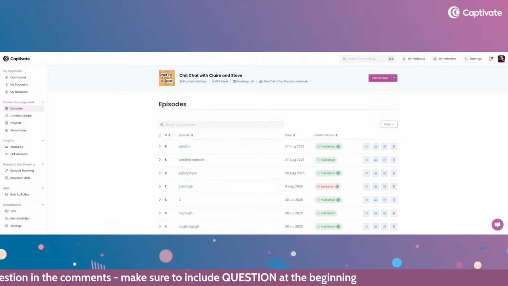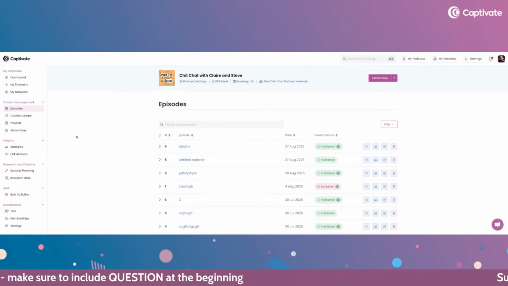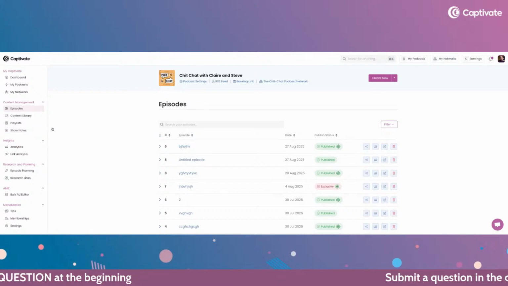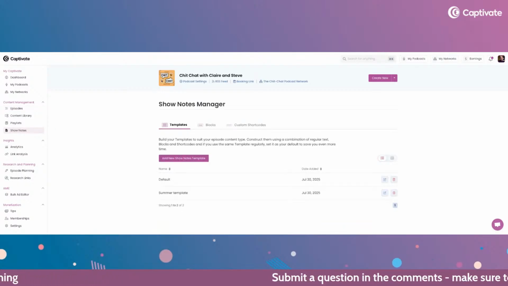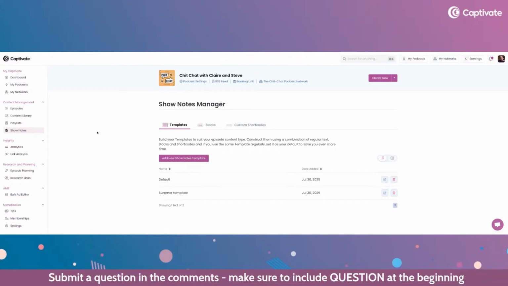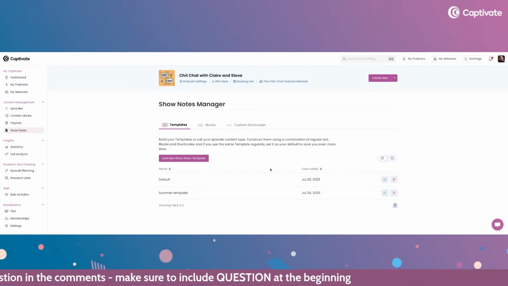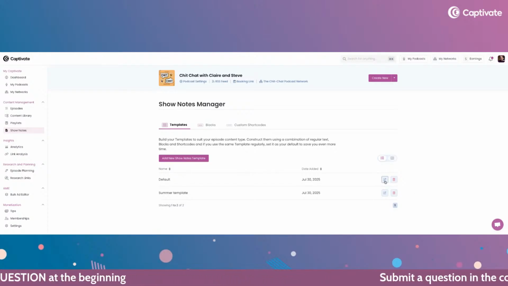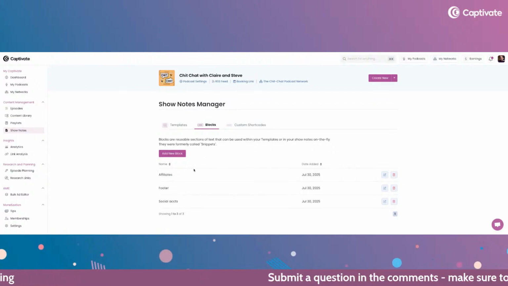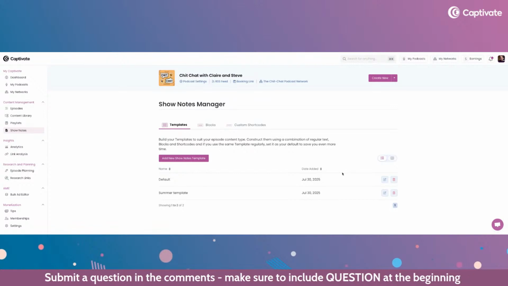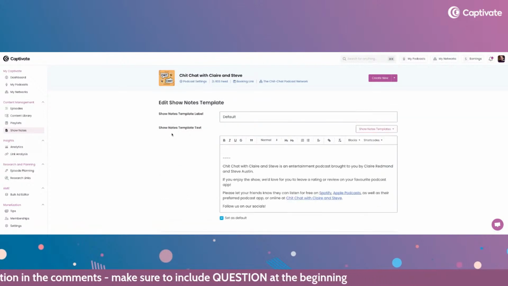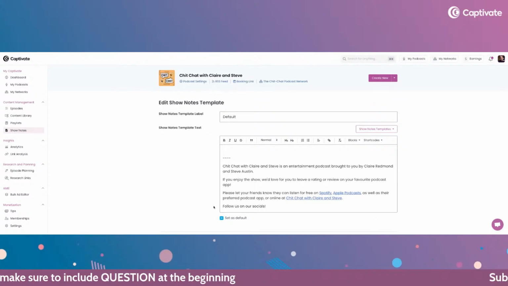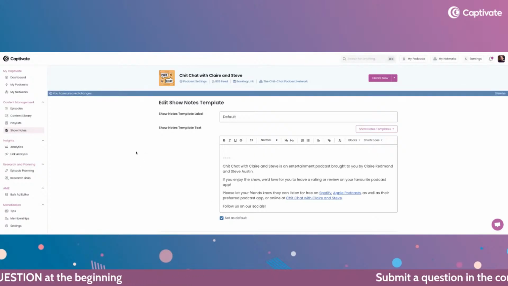If you go to podcast settings, okay, let's go back quickly to the show notes section. As I say, we've covered this in a previous episode, a previous live stream, but it's a nice way, just like a reminder. As I mentioned, you can set research links as a set part of your template. Okay, so if you've got a template set up and you've got blocks already added to it, so you can see here I've got blocks with affiliates, footer, and social accounts. But I'm just going to go to the default template. Okay, so let's go to the default template. You can see here, this is the default show notes one. So I'm going to set this as a default template right now.